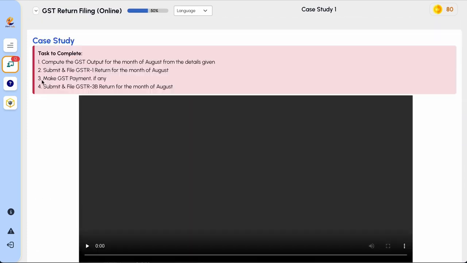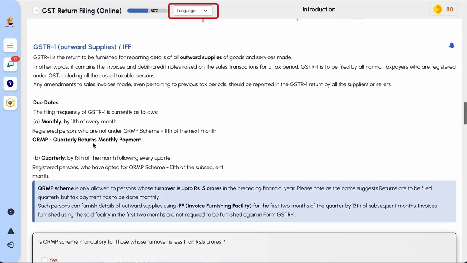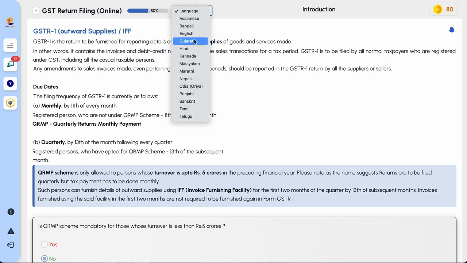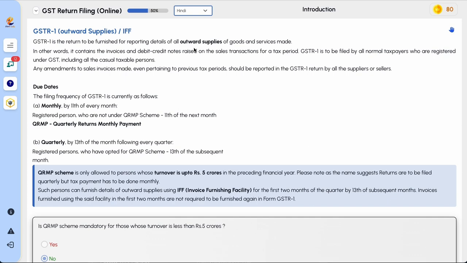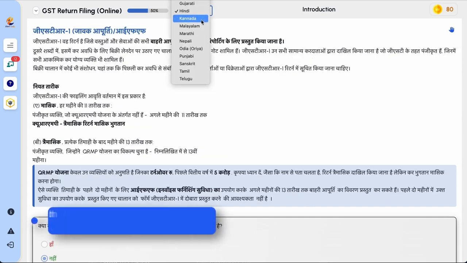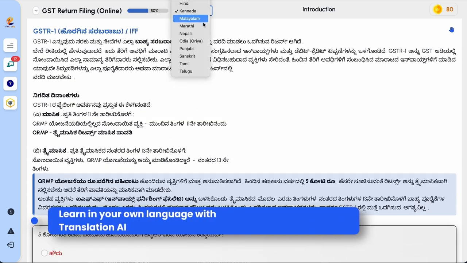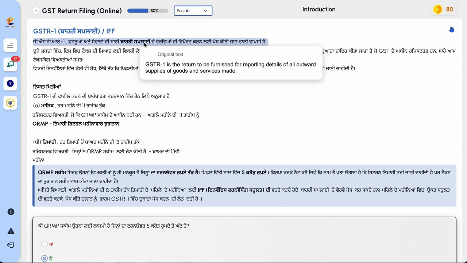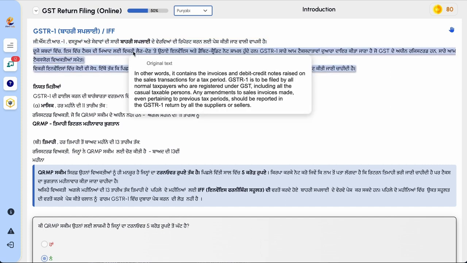We are elated to introduce the language option in the lab. On the top of the lab interface, click on this to view multiple languages and select the one that you are comfortable with, and the page instantly translates the topics to the language of your choice. Learners will be able to hover on the text to see the original version of the translated text. Do a joint reading in your local language and English in parallel.